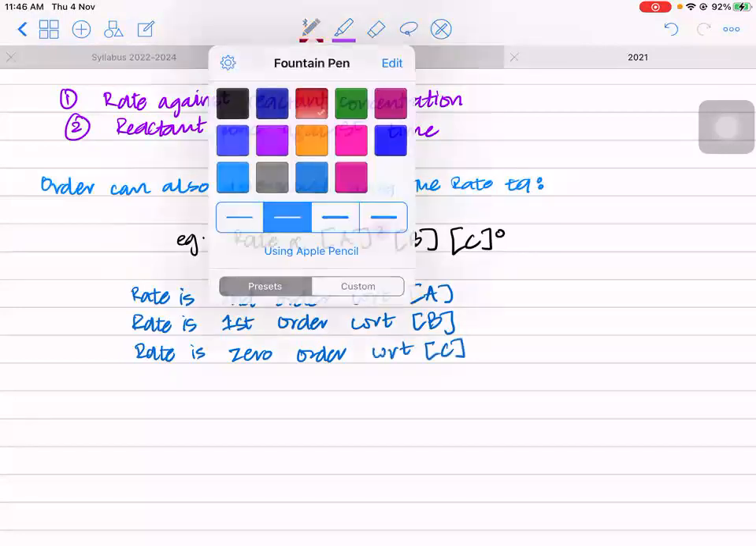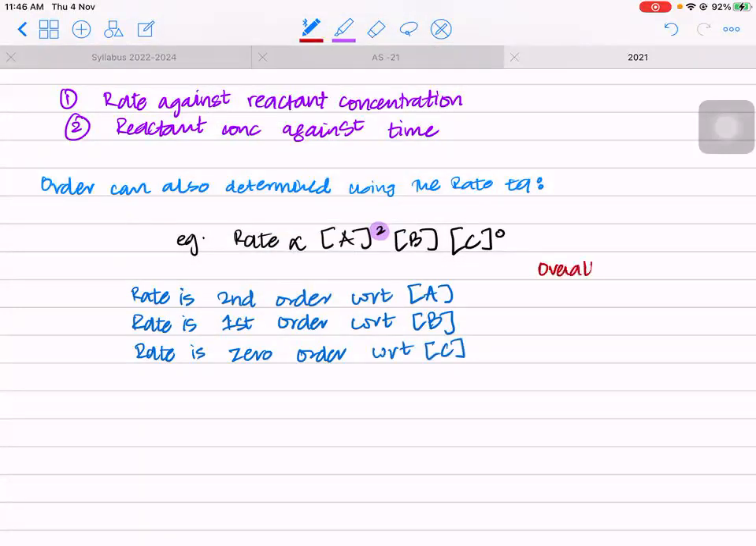If they ask you the overall order here, what will be the overall order? It will be the sum of all the individual orders. So it will be 2 plus 1 plus 0, and the overall order of this reaction is third order. Is this clear? Any questions? No? Now,